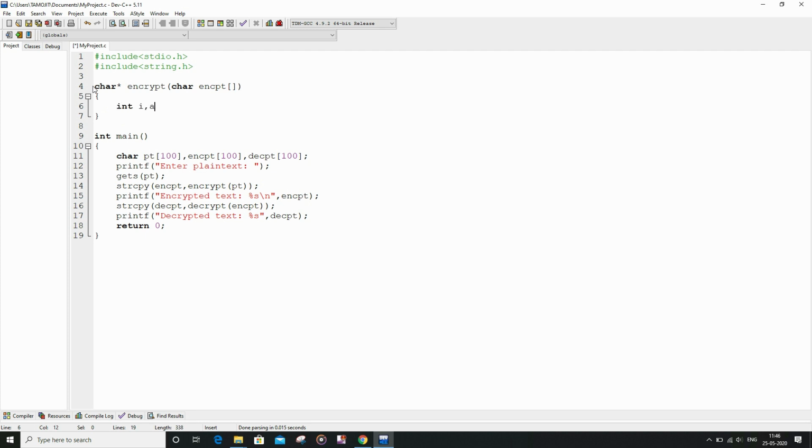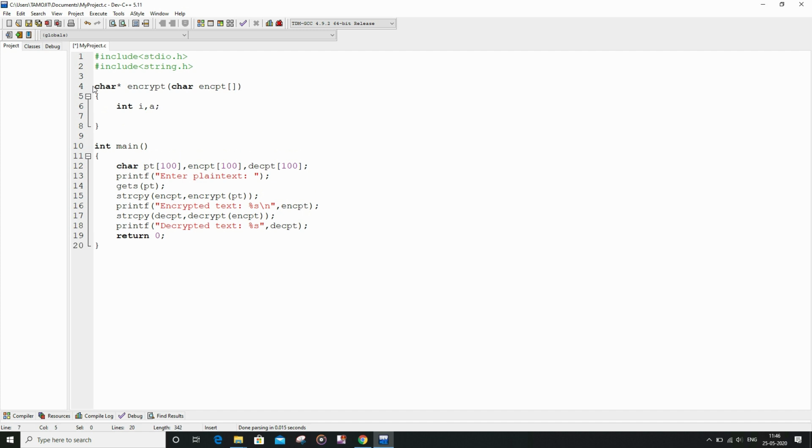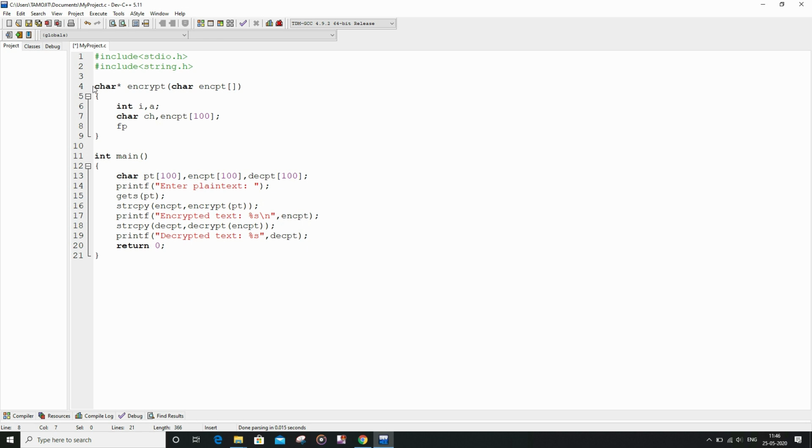We are going to declare two integer variables i and a. And also we are going to declare one character variable and one character string, that is encrypt1.